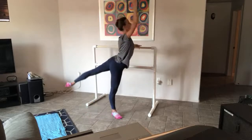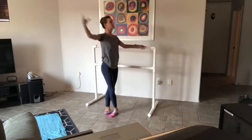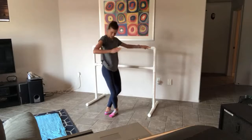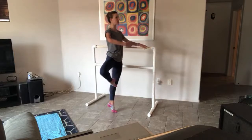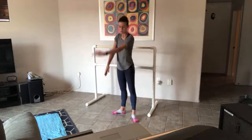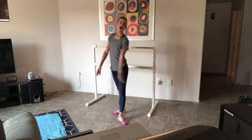Option to do a penché with us. Penché, coming up, change to en face, plie, and let's go right up to passe. So again, relaxing that working hip, pulling up on that supporting side as we go up to passe, and then we'll balance there. So rond de jambe and rond de jambe, brush and a brush, around for 2, and brush